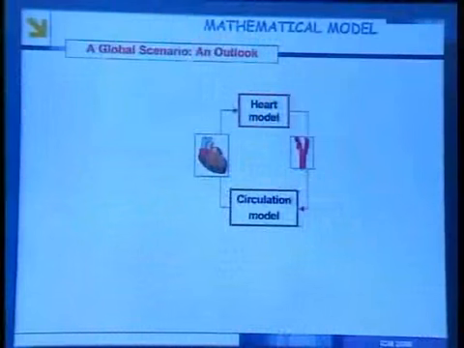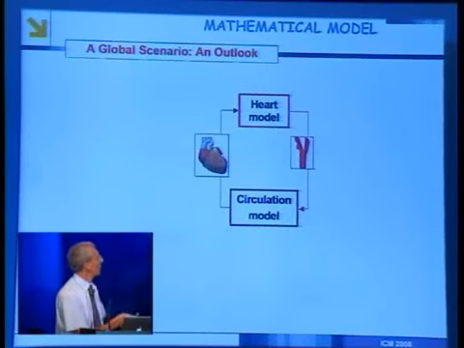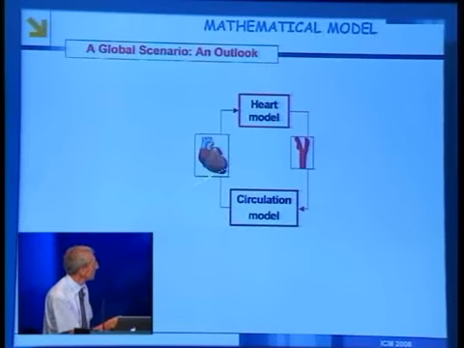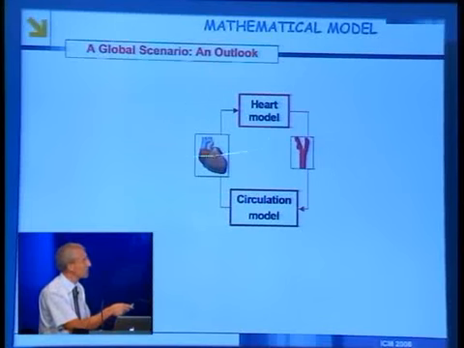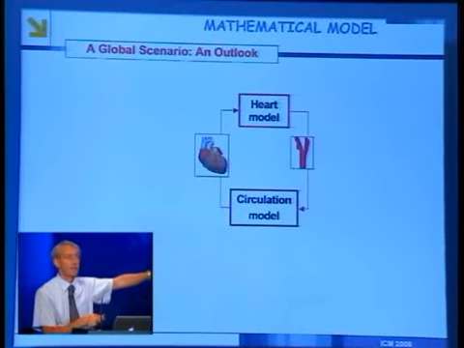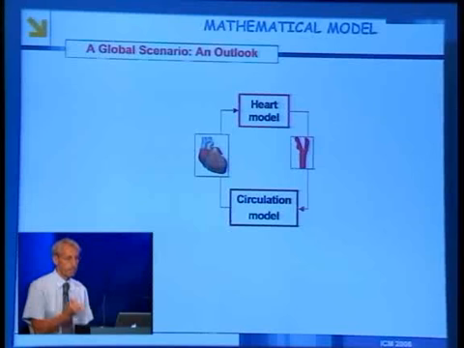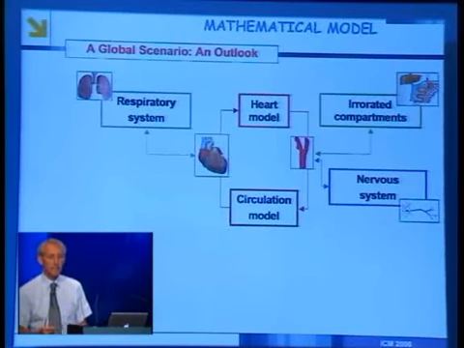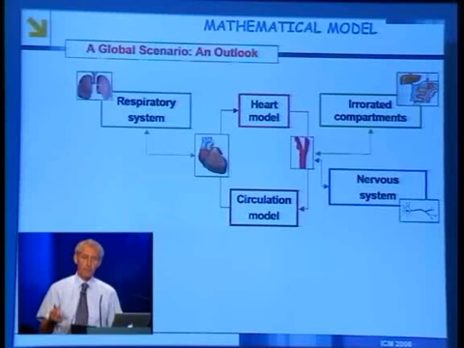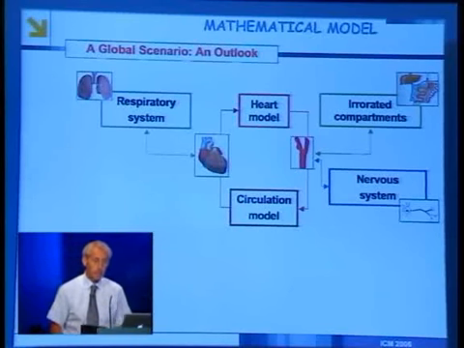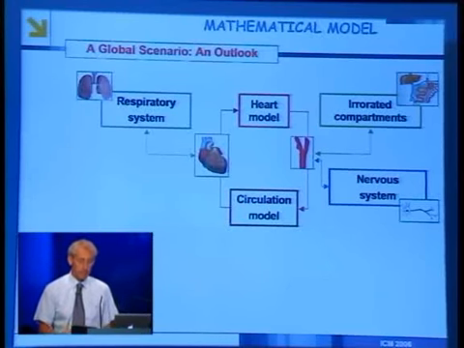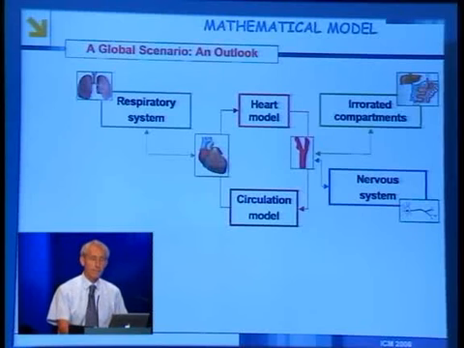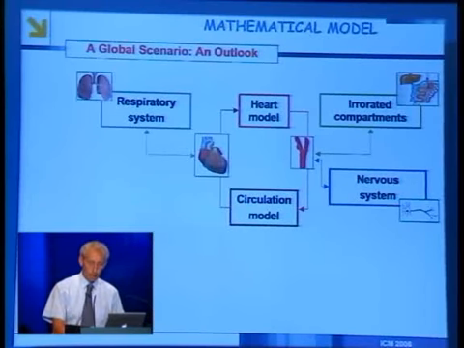This is already a substantial part of the investigation, but it's only a piece of the whole investigation, because what we have been doing so far is concentrating on a circulation model. We actually have models for the heart that are not shown here, but this is the kernel of the investigation. Now, to be more realistic, one should also add the nervous system, the splanchnic compartment, and the respiratory system. And then, since we're not talking about